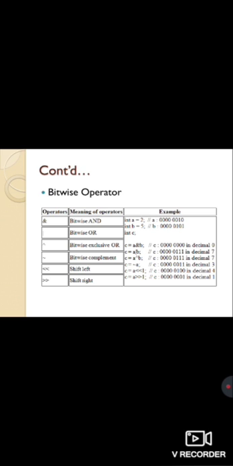So the bitwise left shift operation will be performed on the content of a. As a result 4 will be stored into c. Now c equals a right shift operator 1. So the bitwise right shift operation will be performed on the content of a and as a result 1 is stored in c.